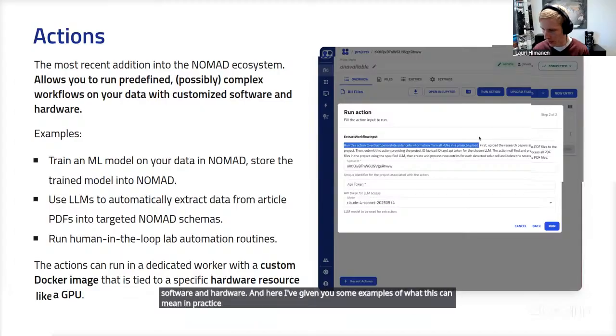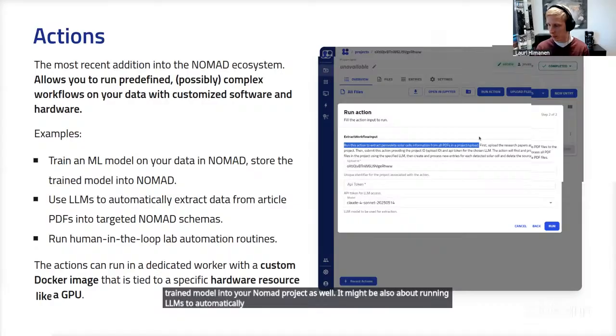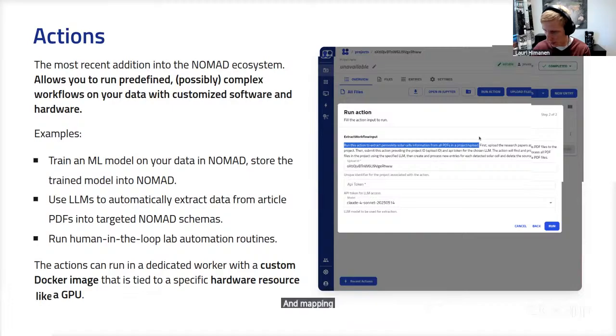So it might be about training a machine learning model on your data that's stored in Nomad, and possibly also then directly storing this trained model into your Nomad project as well. It might be also about running LLMs to automatically extract data from PDFs and mapping out PDF files into schemas that you have installed in your Nomad deployment.